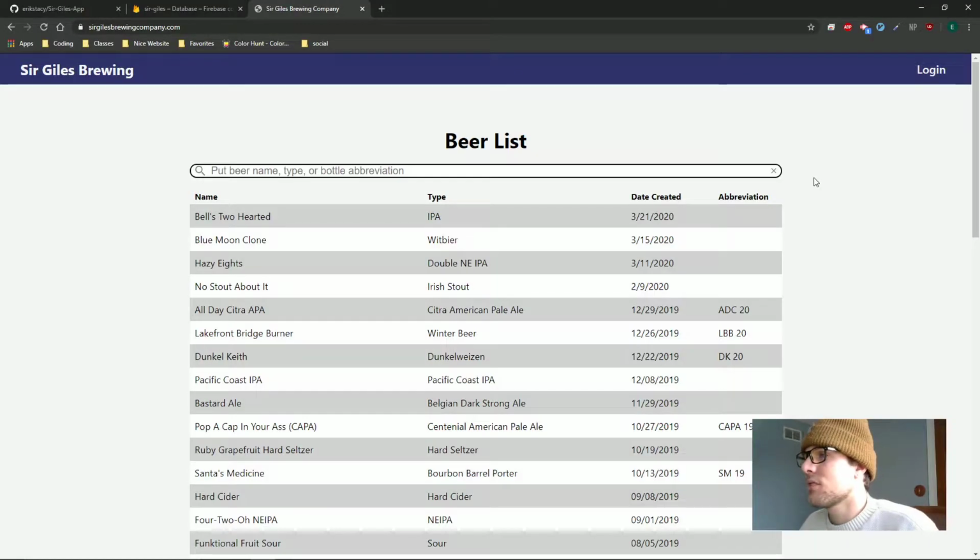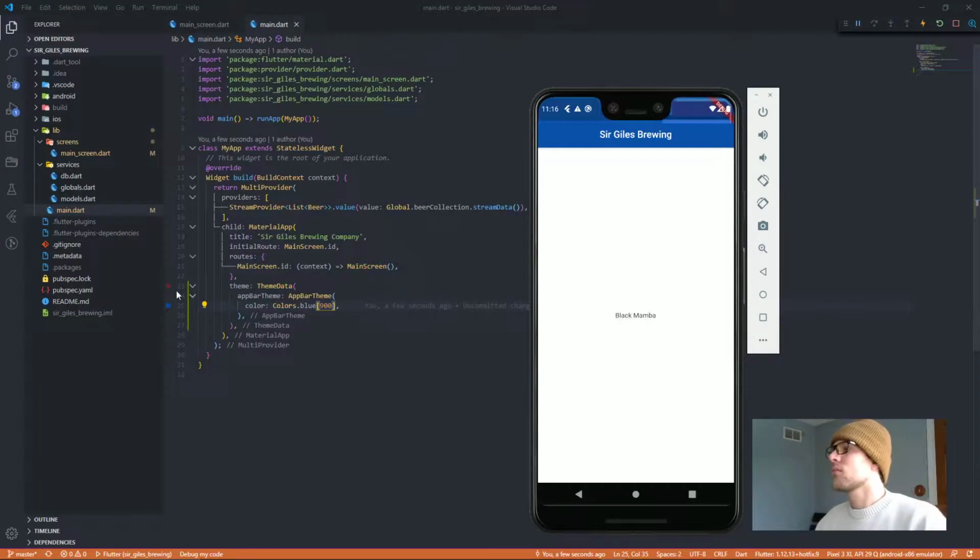But anyway, let's continue. Okay, so let's look at the website so far that my brother has. The top bar is dark blue, and he's got a lot of information here and then a place to search for beer. So that's kind of what we're looking for. We want the dark blue top, we want a search function, and then we'll have a bunch of cards that'll display all the beer. Let's start with that blue app bar. We already have a blue one, but it's light blue. We want a dark blue. Boom, that looks like it's correct.